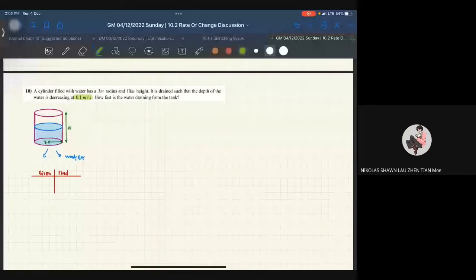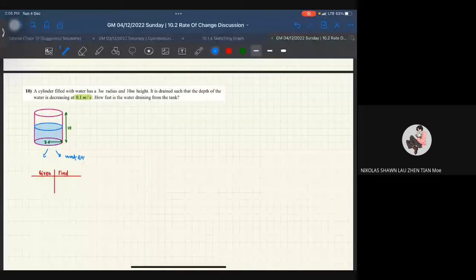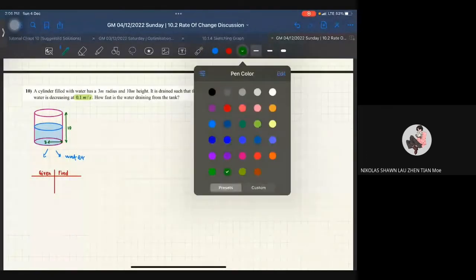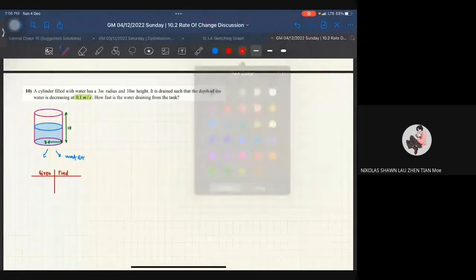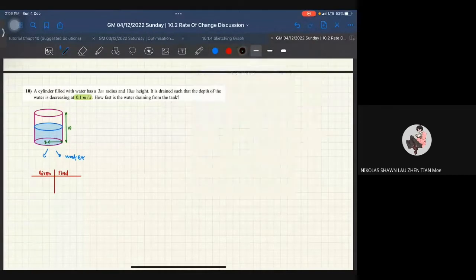DH over DT. Exactly. Okay, so itu adalah DH over DT sebab dia guna perkataan depth. Okay, depth ni maksudnya kedalaman air tu lah. So kedalaman maksudnya this one, ketinggian air tu sendiri. Okay, so given to you is actually the depth of the water is DH dt lah. So kita tulis dekat situ, information given to us is DH dt. Okay, so DH over dt, okay, which is equals to 0.1 meter